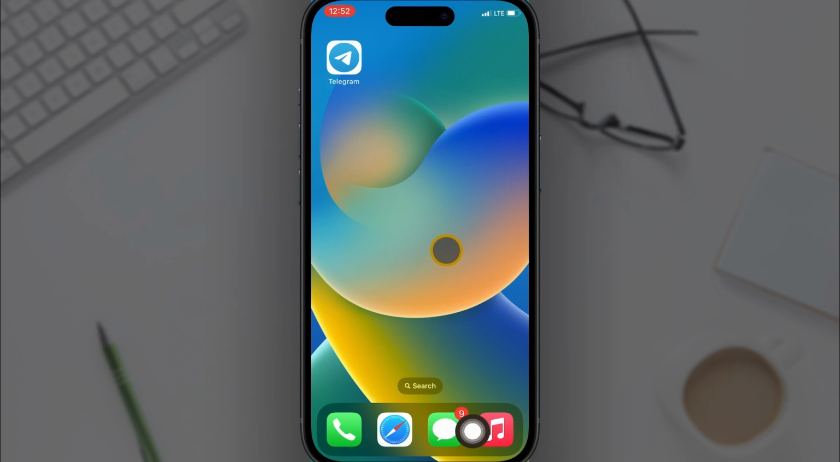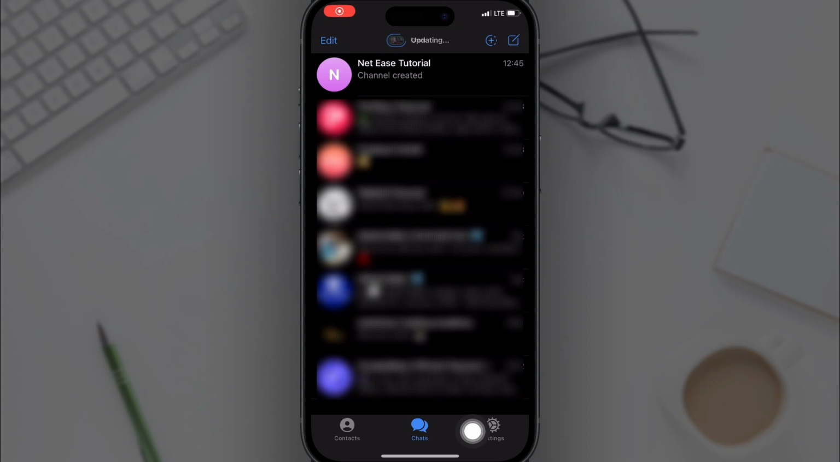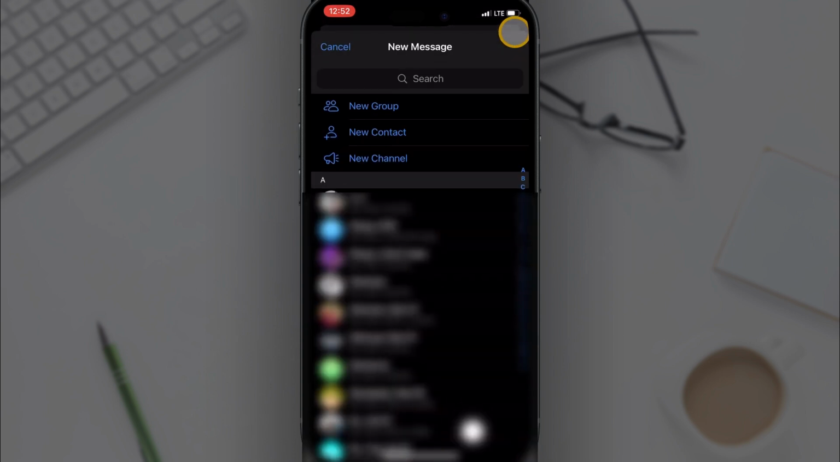So the first thing you want to do is head over to Telegram, and if you're on iPhone, you want to be on this chat section right here, and then you click on this edit icon up right here. You click on it and it will bring you to this page where you can create a Telegram group, contact,